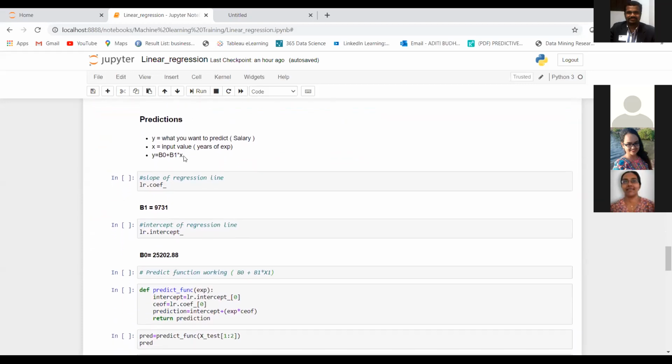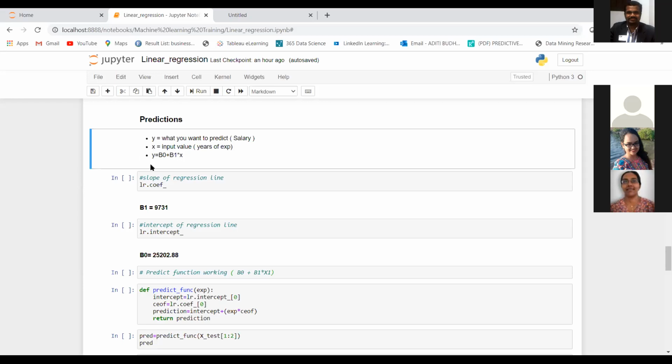Now we had seen this equation last time, right? This is the linear regression equation. Y is equal to beta naught plus beta 1x, similar to the equation for the straight line, y is equal to mx plus c.